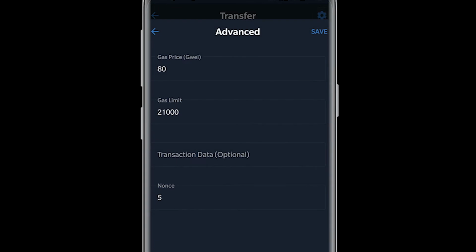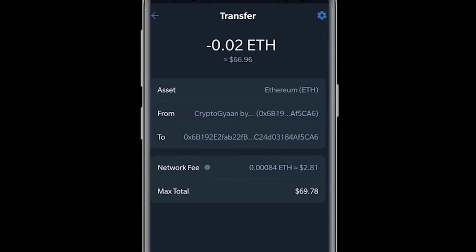If I put this considerably low, like say 40, I'm sure that the transaction won't go further, but you can see the price goes down to $2.8. Confirming the transaction at this point could mean that either the transaction will take a lot of days, or probably the transaction won't ever go through, making it a pending transaction on the Ethereum Explorer.